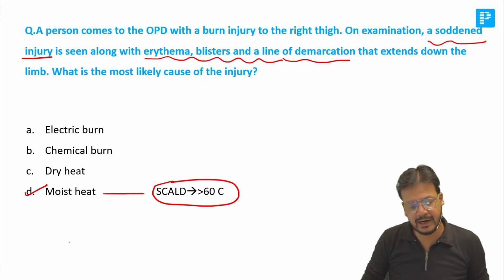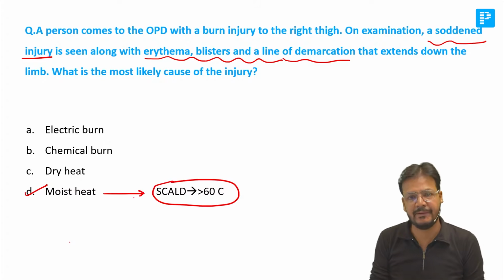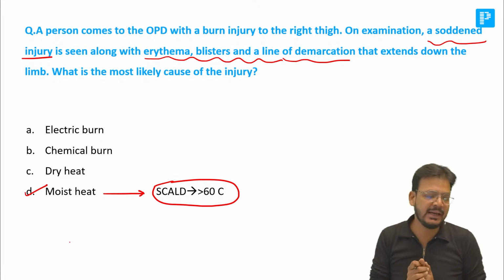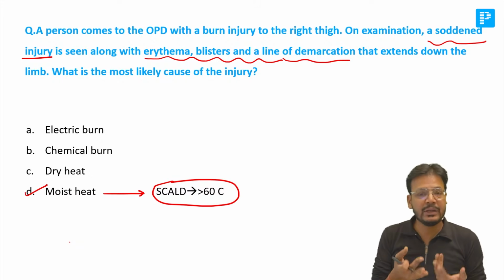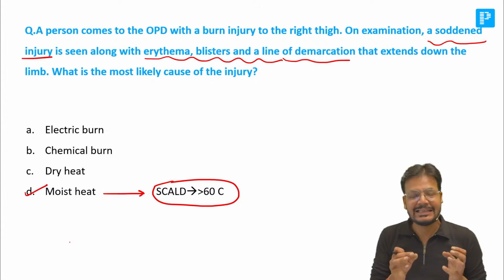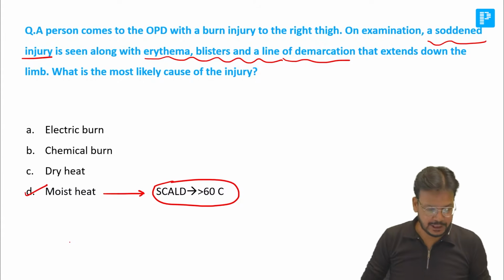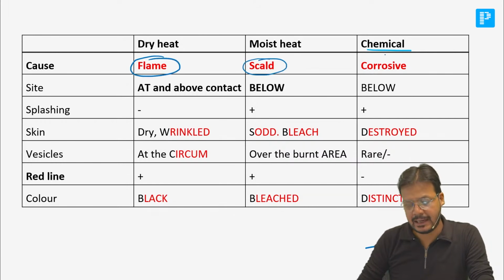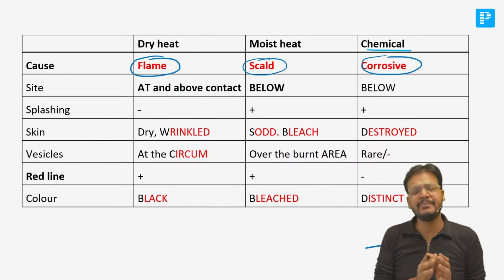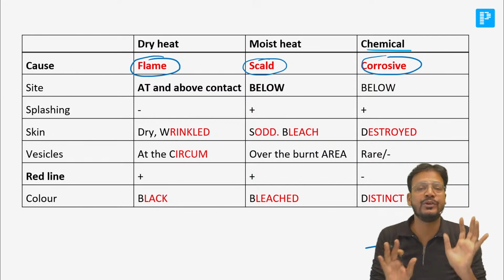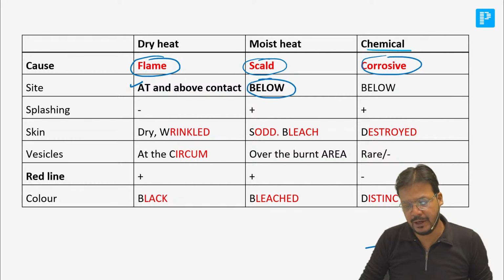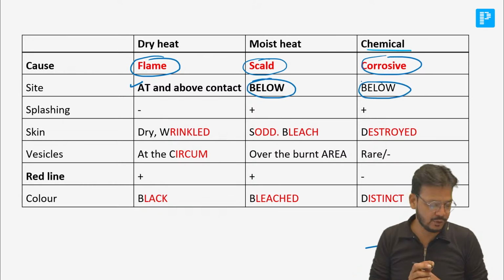Scald is a moist heat burn which is seen above 60 degrees centigrade. If your liquid or steam is above 60 degrees centigrade, that can cause scald. So it is without any doubt, my dear friend, it is scald, more than 60 degree liquid or steam on the body, that is a scald or moist heat burn. You can see this comparison, yes. These are some burn types. Dry heat burn, flame; moist heat burn, scald; and chemical burn, corrosive. Sodening, what is the meaning of sodening? The skin becomes thickened and moist, that's sodening. Dry heat burns are above the contact site, moist heat burns are below the contact site and chemical burns are also below